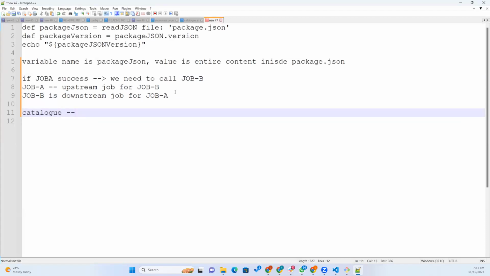Catalog is upstream. If CI is successful,